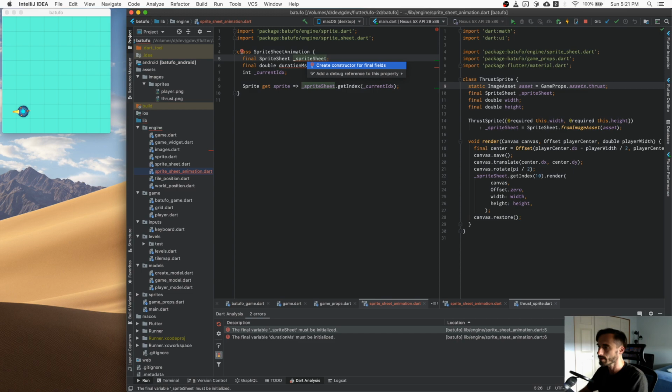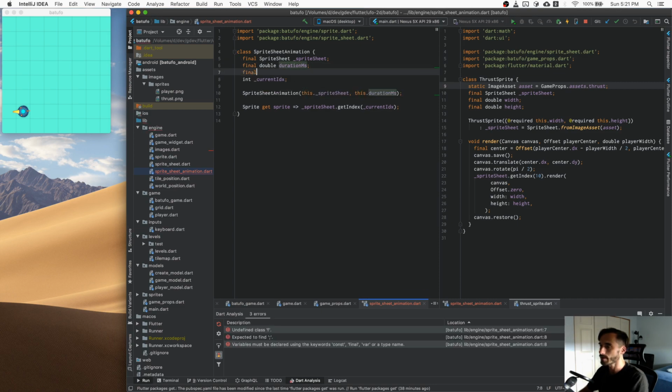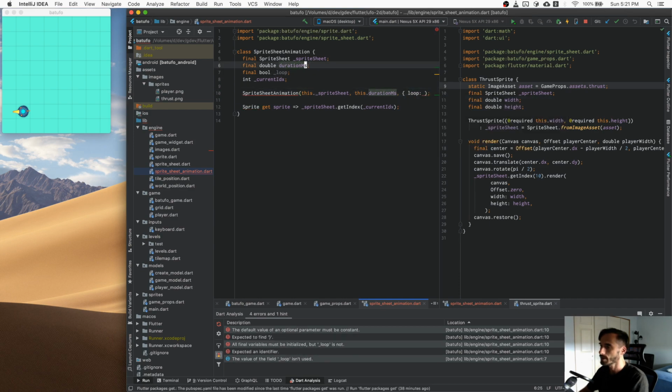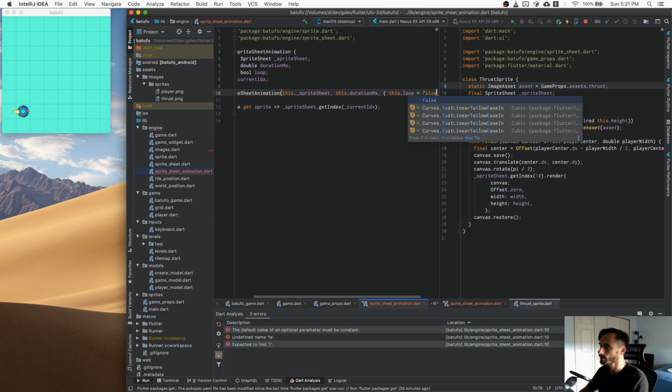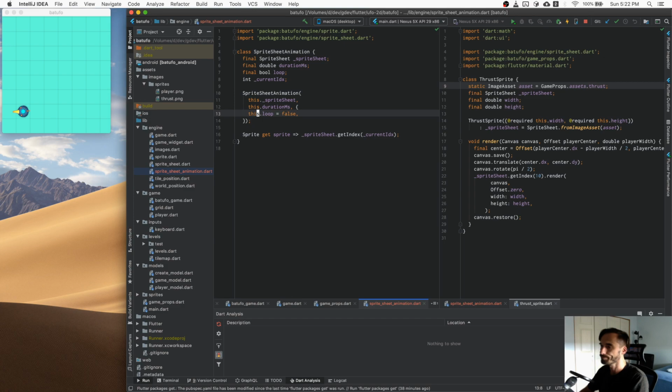So first of all, let's create this. We have SpriteSheet, and we tell it how long the animation should last. Oh, and then basically we say final bool loop. So we say this dot loop, and by default it's false. Okay, so basically once the animation completes, it's done. So then when we do an update,